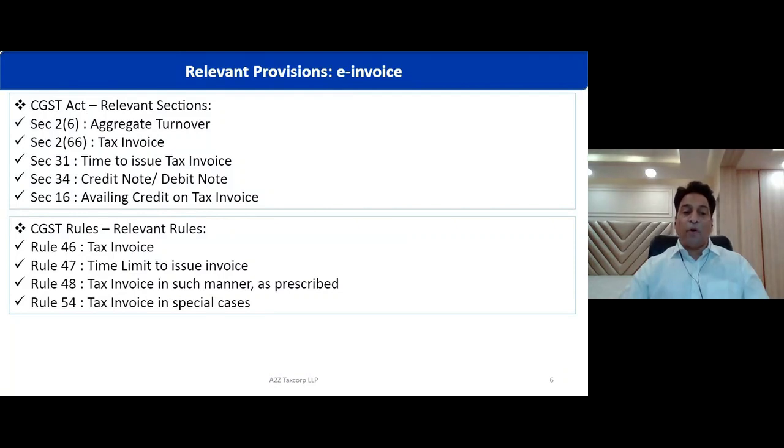Rule 54, certain tax invoices in special cases are exempted from generation of e-invoice. We'll discuss all relevant points appropriately when we are going to discuss the relevant topic. I'm just highlighting these provisions for your digest, that these are the provisions applicable when we are discussing e-invoicing provisions